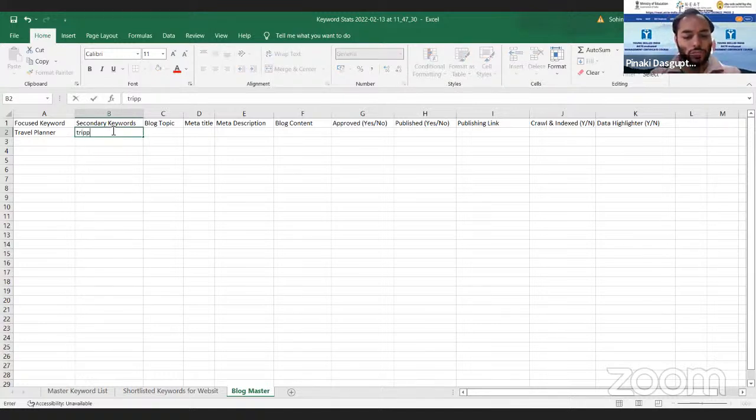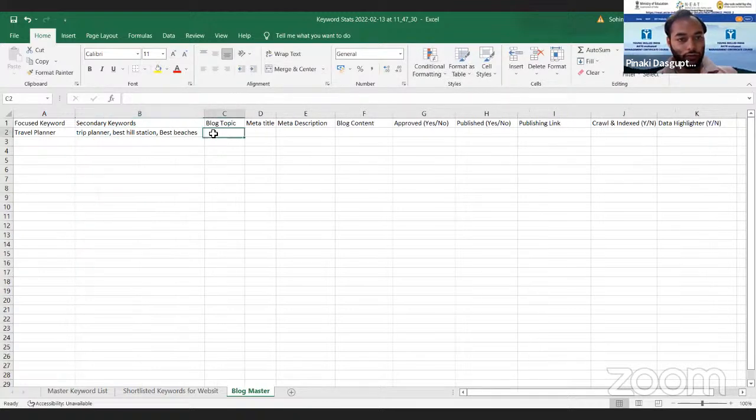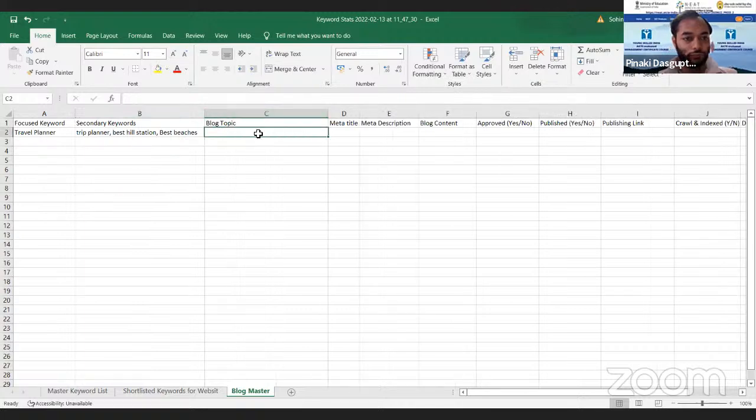Secondary keyword should be trip planner, best travel blog topic.